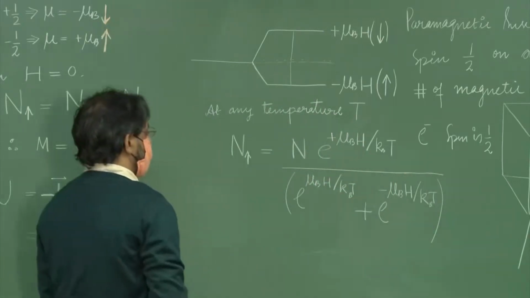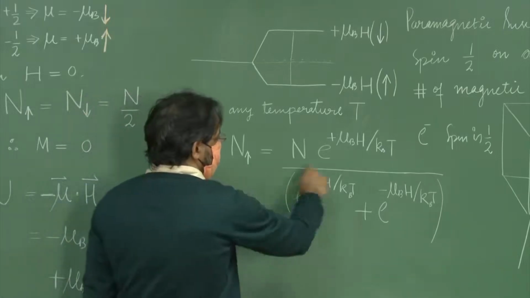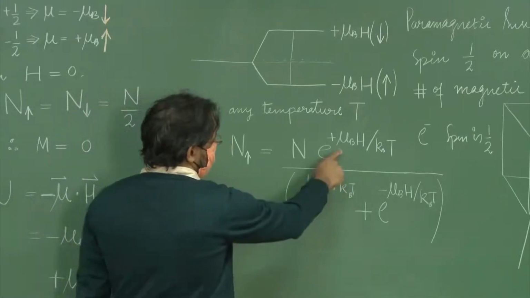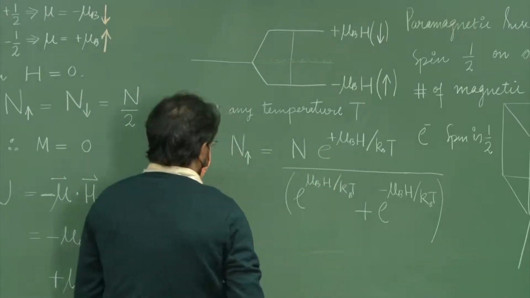That's for n up, and similarly for n down, you can write a similar expression, except that here you will get minus mu b, right? So for n down,